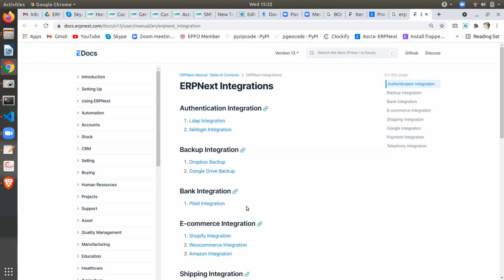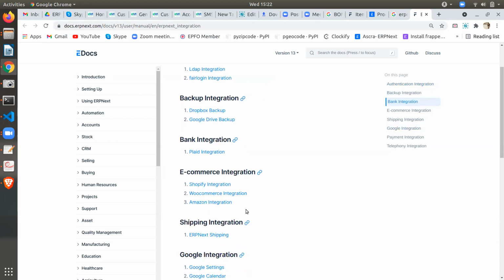But we can do it another way. We have to create an open API and pull the data from the Tally, and create a document in ERP Next. That kind of thing we have to do. No, in the reverse way, from our software to Tally. Oh, our software to Tally. Yes, we need to export, not import. Okay.